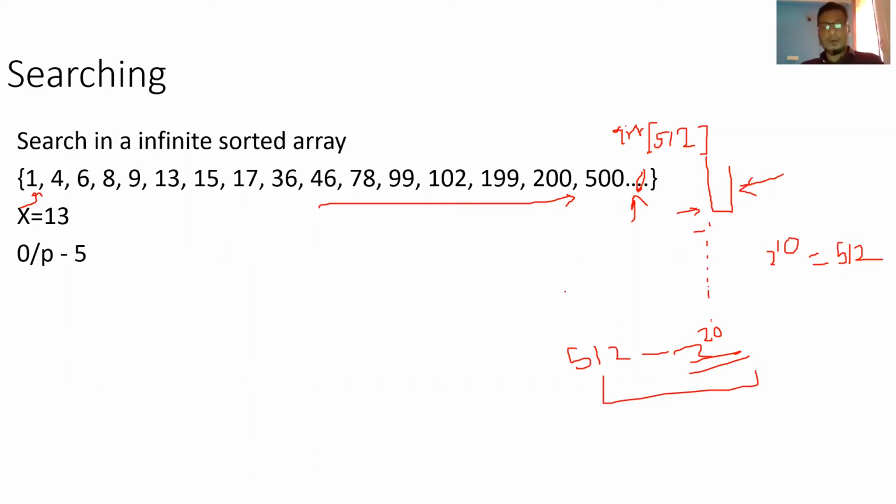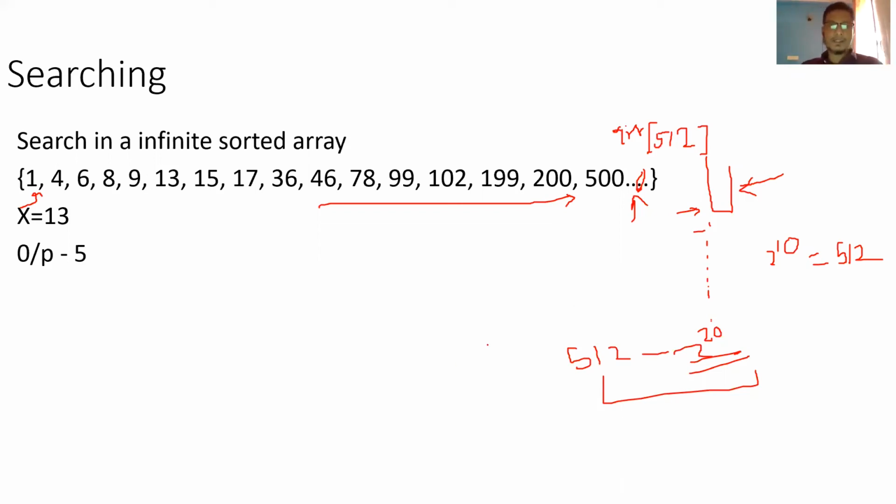So that is how it is being done. Basically, power of 2 is used when the array size is not that big. If the array size is very big, then you can use power of 10. Any constant value you can use, and then you increment with respect to that.